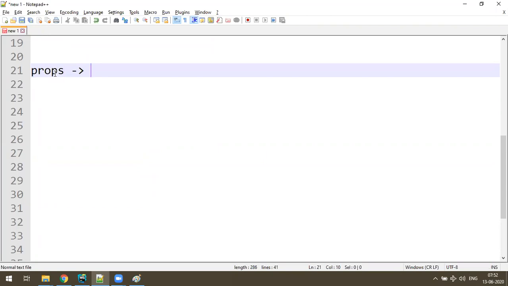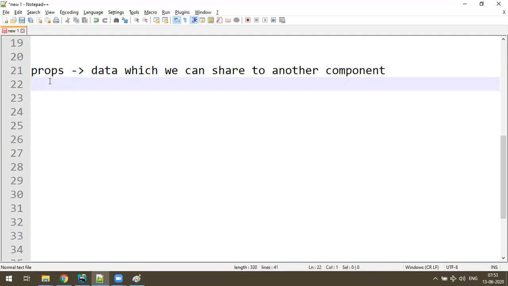Props means the data which we can pass to another component. So if you have data in one component that you have to share with another component, you can use props. And what is this new concept called state?